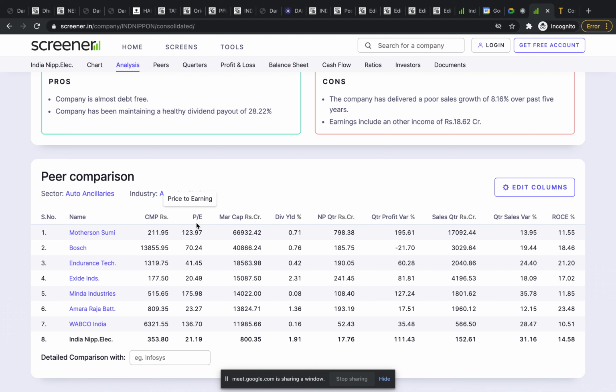That if we look at the price to earning multiples of other companies, we can say that they are significantly high, and India Nippon is trading at a very deep discount price to earning multiple. So for example, if we expect the price multiple to expand from 15 to 18 to 20, and given